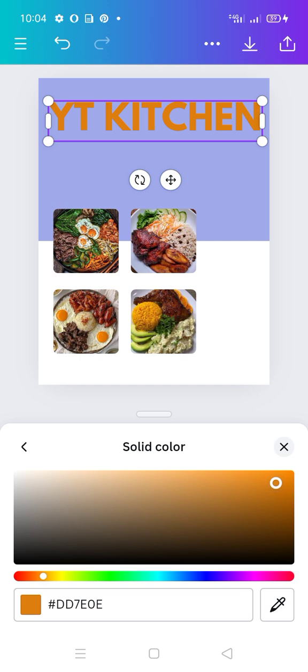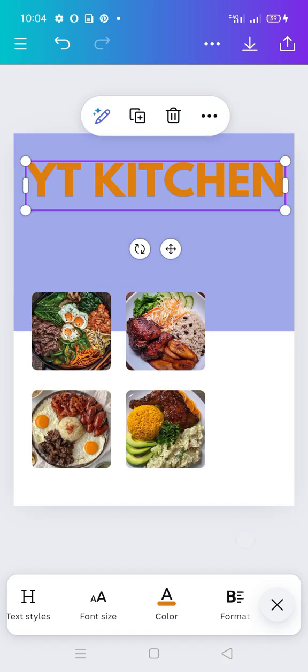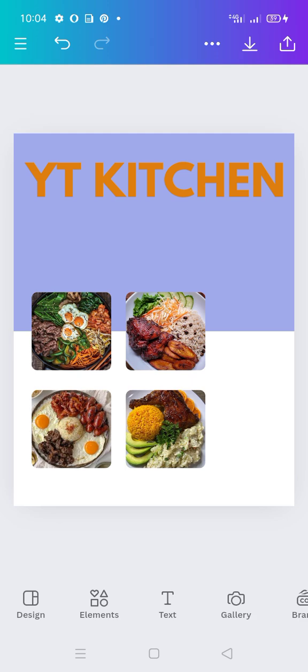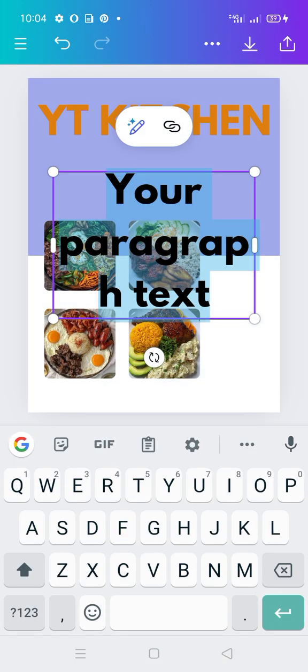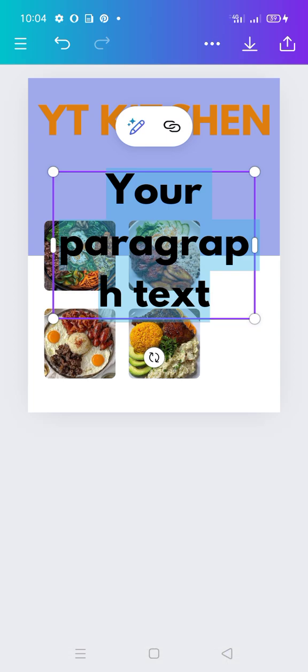Then I'll create another text. This is my text box. I create another text again. Then I'll just add text box here. I'll add text box. Then I'll edit this. Click on edit here. First I reduce the size of this. Then I write